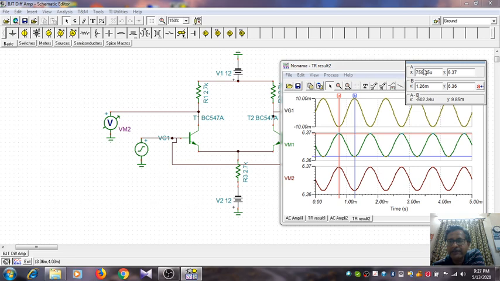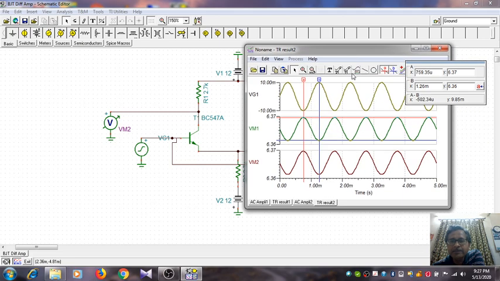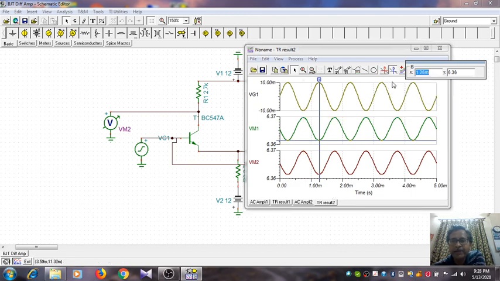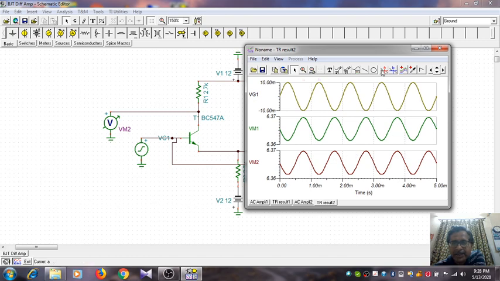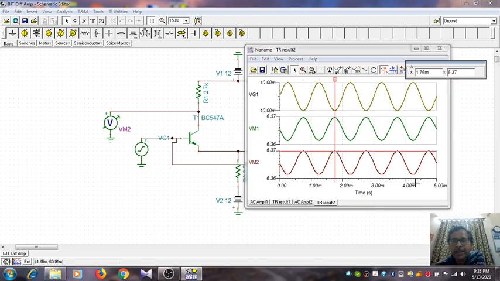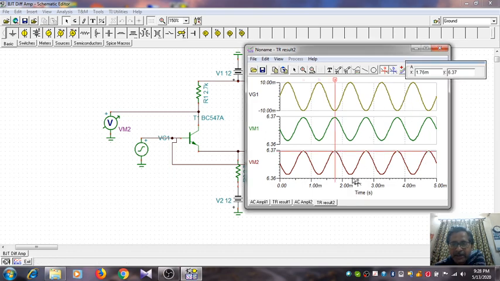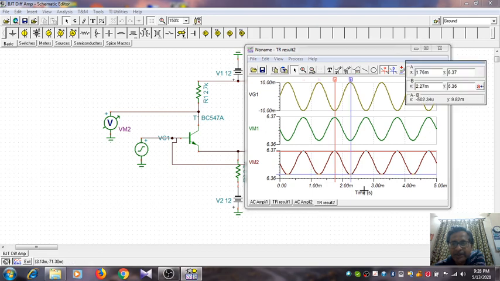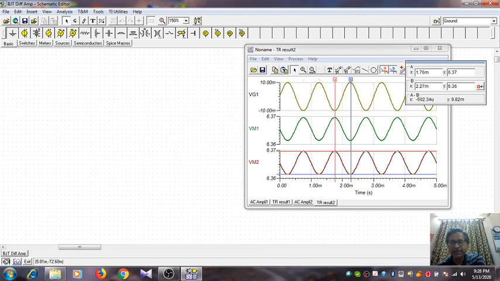Similarly, you can also verify for the other voltmeter value. That means we have seen for VM1, you can also see it for VM2. Just put a cursor at any crest, and put another cursor at the next trough, let us say. If you do it, you see the peak to peak value is 9.82, slightly different from others. But roughly we can see that the differential mode voltage gain is 0. I'm sorry.